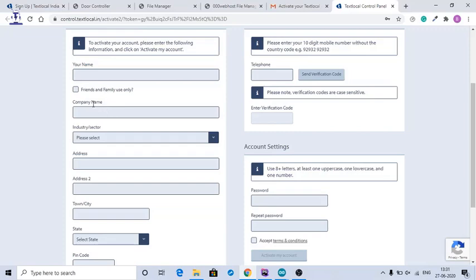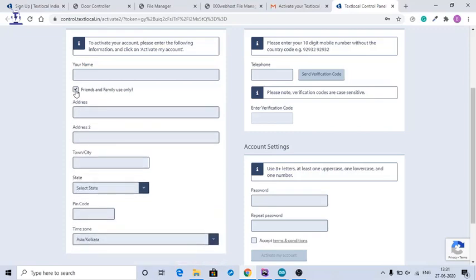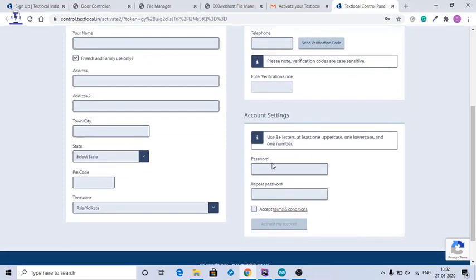If you don't have a company name, just click on friends and family use and it will go away. Use your address, town, city, pin code, time zone. Give your telephone number. You will receive an OTP and enter the OTP here. Then set a password, accept the terms and conditions and click on activate my account.